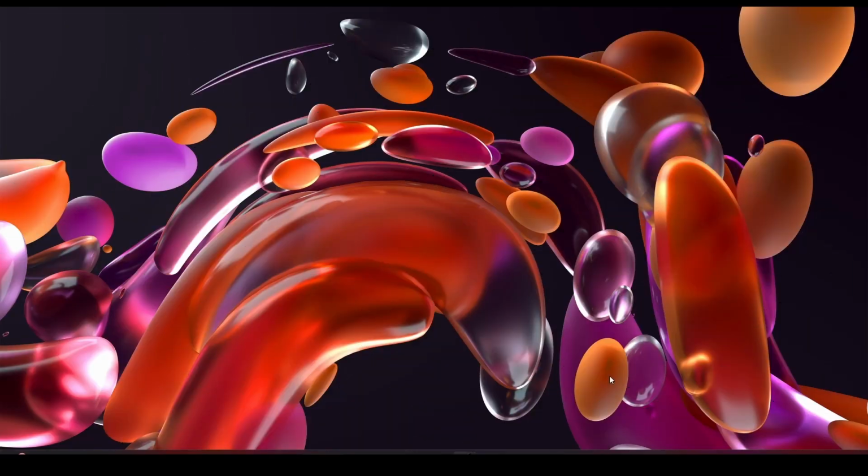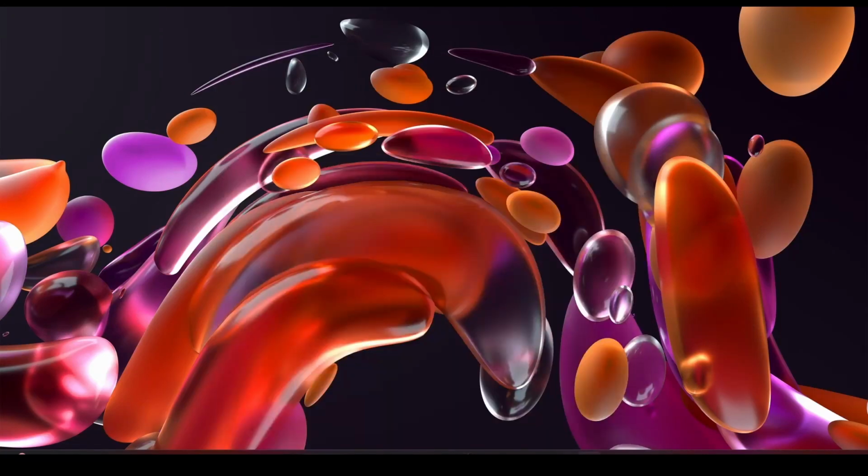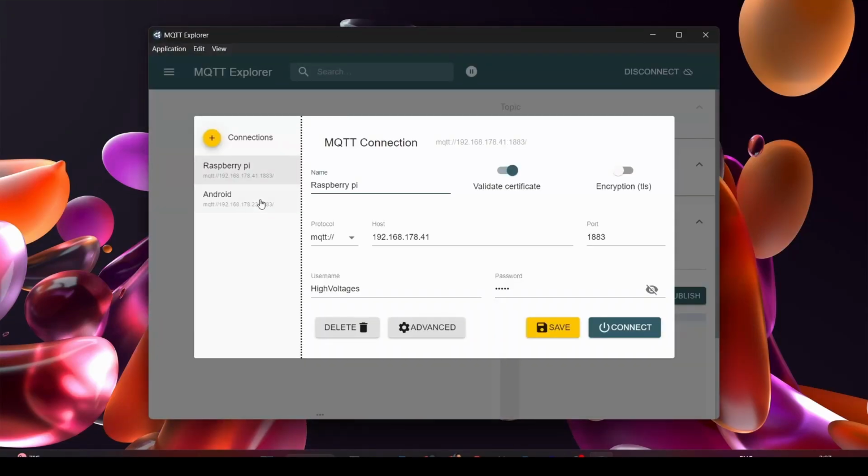Now on the PC we can open MQTT Explorer, and here I have already created a new connection called Android, and here we have specified the IP address of our Android phone, and here we have specified the port number, and here is the username and password.